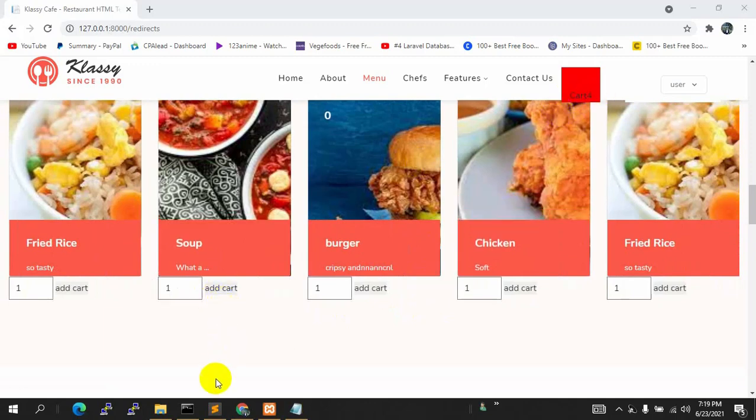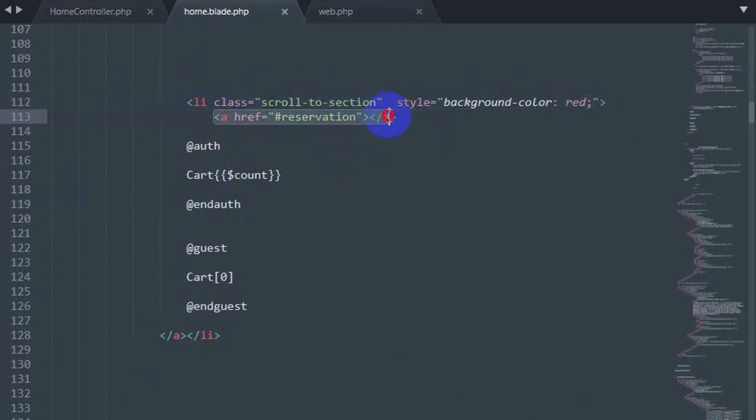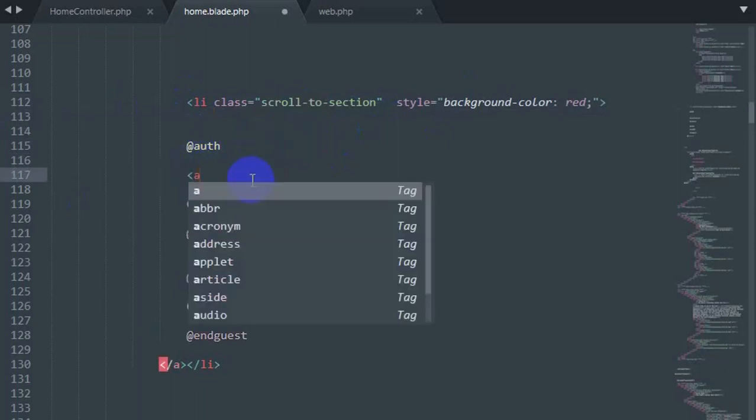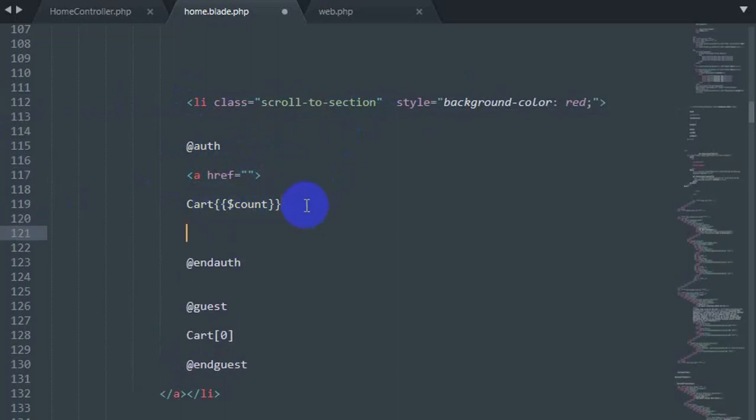Okay, so let's go to our home.blade.php, and over here you can see an anchor tag. We are going to remove this anchor tag and we will start an anchor tag after this auth. The anchor tag will end after this count, and we need to give a link inside this href.